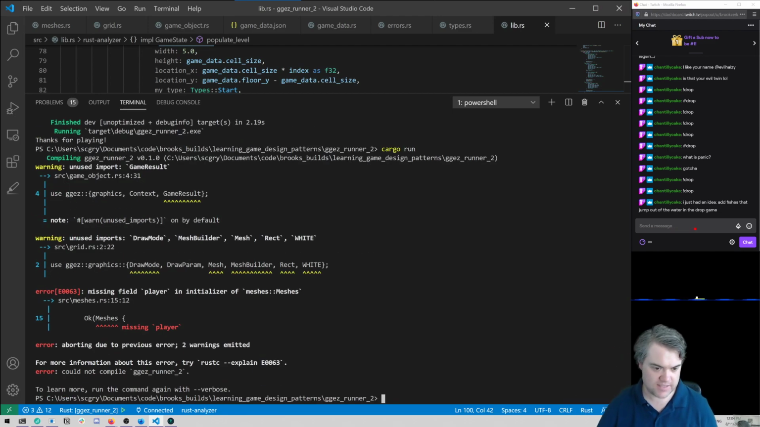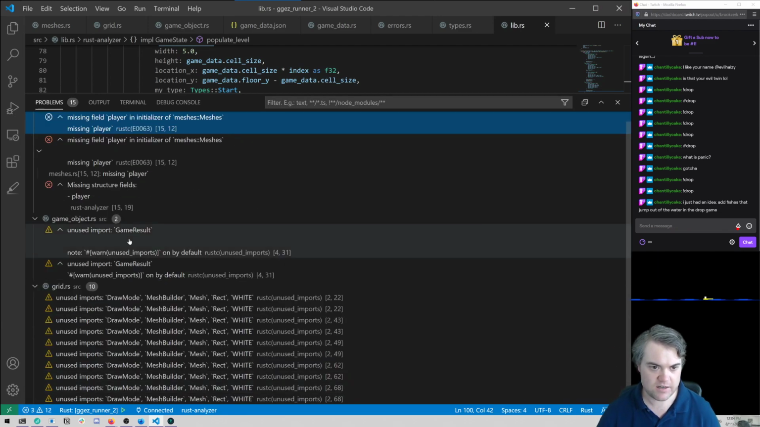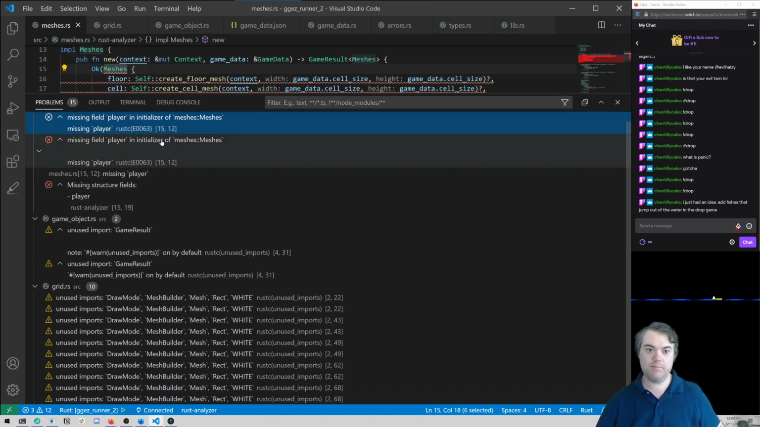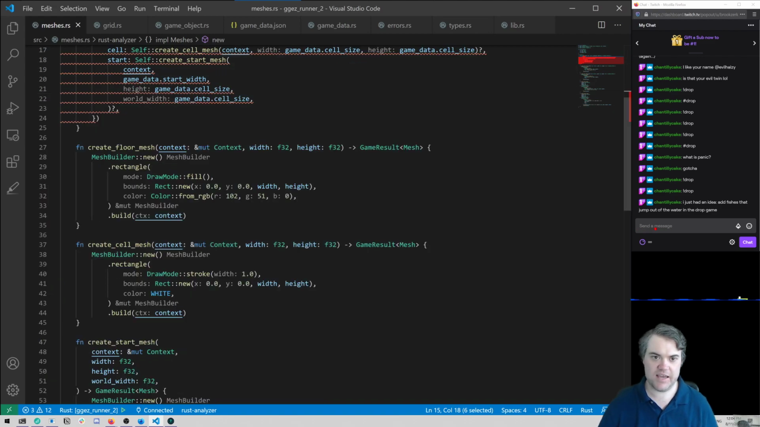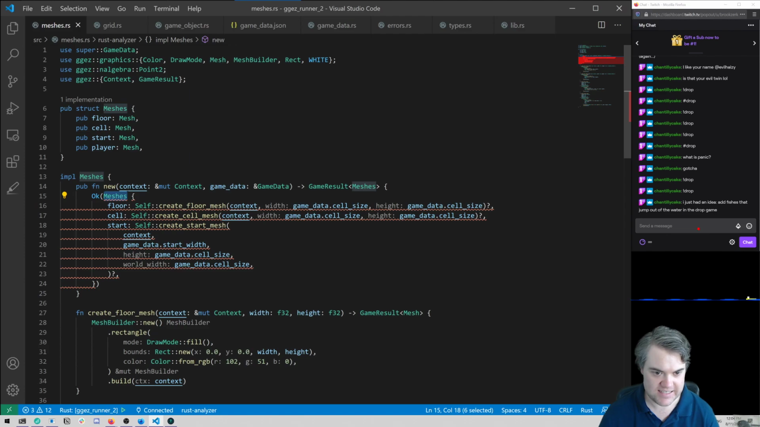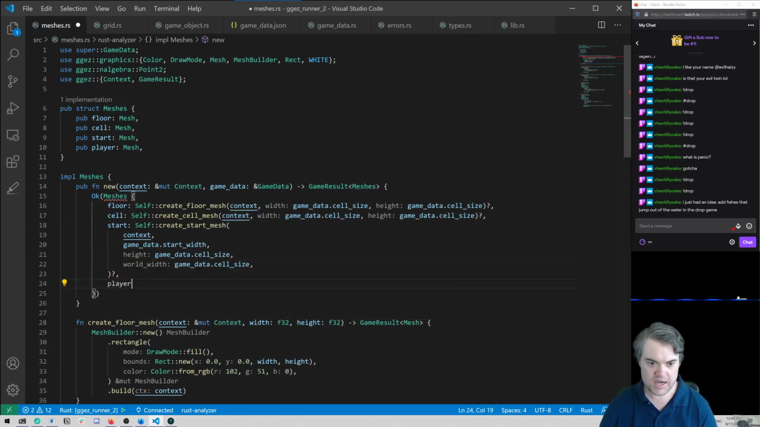Oh, I got 3 errors. I didn't even notice that. Let's take a look at what we got here. Missing field player and initializer of meshes. Did I forget to actually put it in here? I did. See here, start, player, self, create player mesh,